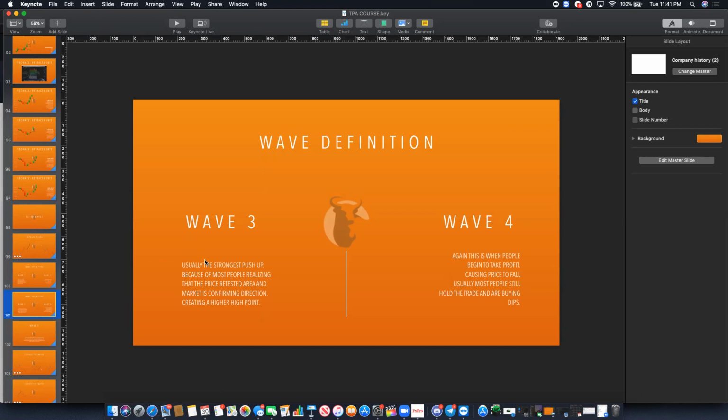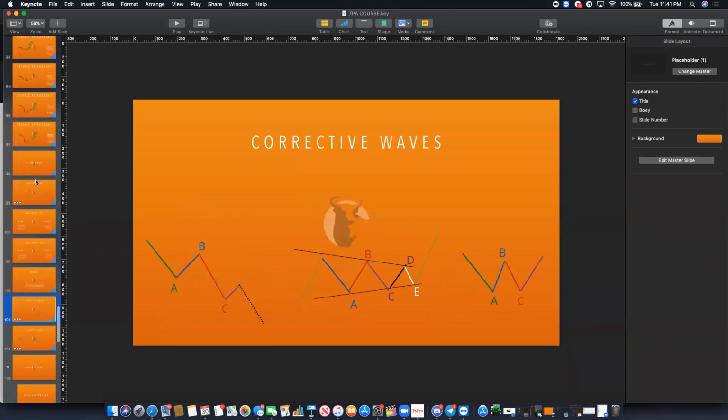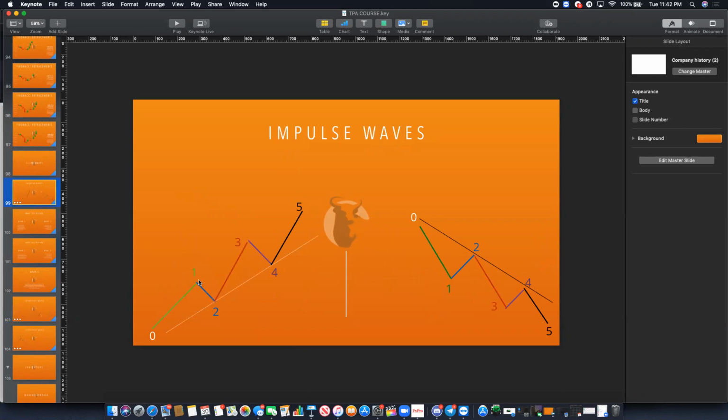For those of you who like patterns, candlestick patterns, you look at a bullish falling wedge, right? I'll show you that pattern real quick. A bullish falling wedge: when the market goes up, but then it creates lower highs and lower lows, that's a continuation pattern. So when the market is making this move, here's 0 to 1. Here's the retest of that breakout. Here's 3. That's the continuation of price.